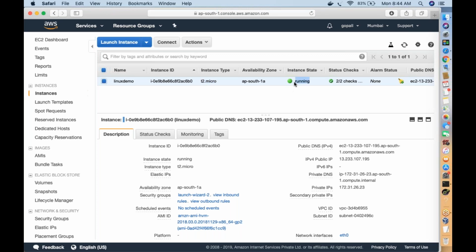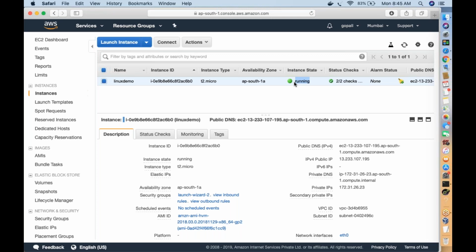If you run a server for 24 hours daily, 24 into 30, with two servers that is 48 into 30, it goes around 1300 hours. That means you have crossed 750 hours, so that's the reason they are going to charge you again. That's why, once you are done with your job, make sure you shut down your server.